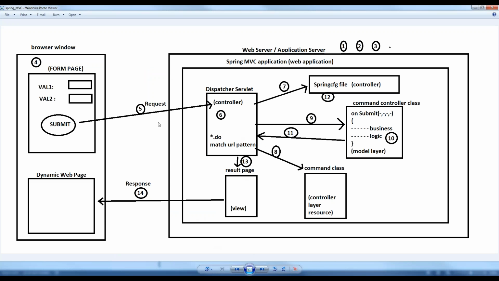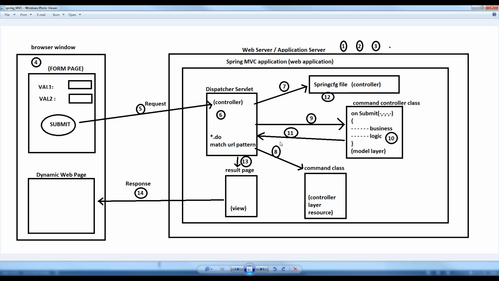But by seeing this one, how the things are injecting, see here, the Spring configuration file. It will be injected from the controller. This is the sixth call and this is the seventh call. Then after, it will call the command classes, the eighth call. So whenever the call goes to the eighth class, you should inject it in the Spring configuration file. At the same time, if you are using a command controller, like a controller class, you should configure it in the Spring configuration file. Then only the remaining calls also go to the different activities.